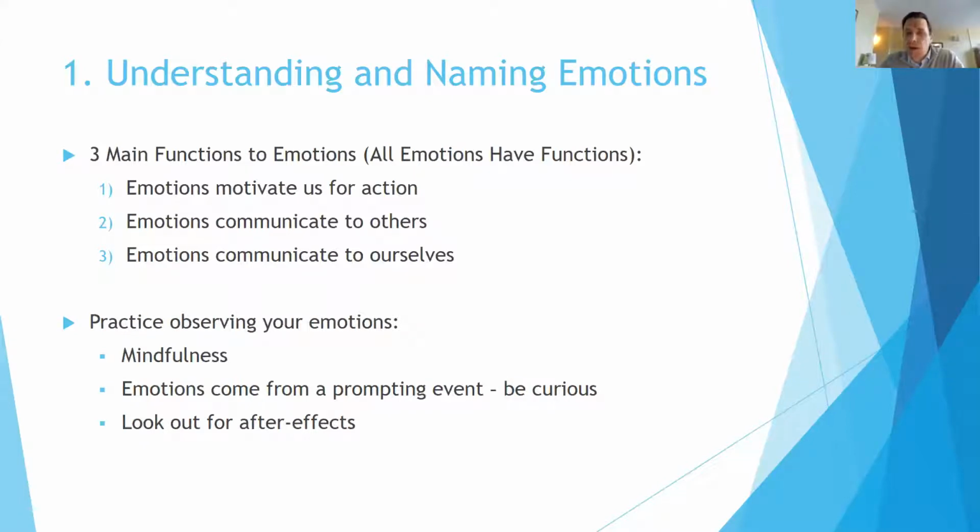So how do we do this? By practicing observing your emotions. Mindfulness is a great thing for this, right? We talk about mindfulness to the current emotion, just being with that emotion without judgment. Because that's what mindfulness is, right? It's attention to the present moment on purpose with awareness, but without judgment. And so I'm experiencing this anger or I'm experiencing anxiety. And sometimes we add a lot to that. We're saying, I have this anxiety and it's terrible. This is the worst thing in the world. And that's really not the emotion.